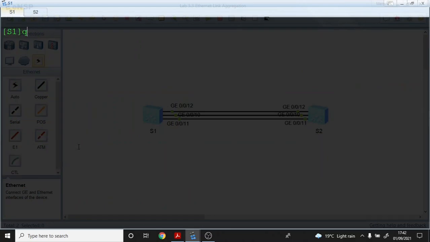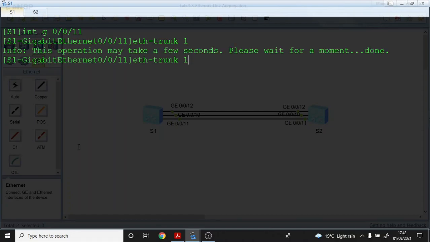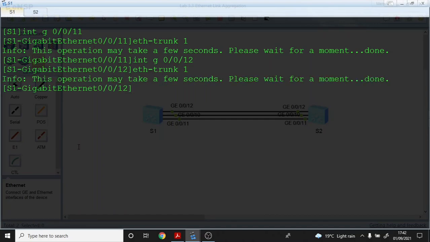So we can go now to the next interface, 11. There I can use the history command to add it to ETH trunk 1. Then from here we can go to 12, and I can use the history to add it to ETH trunk 1. So if I do quit, then I do display